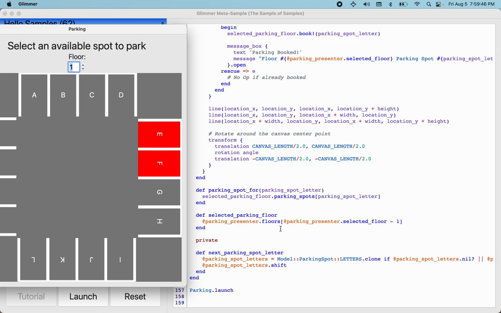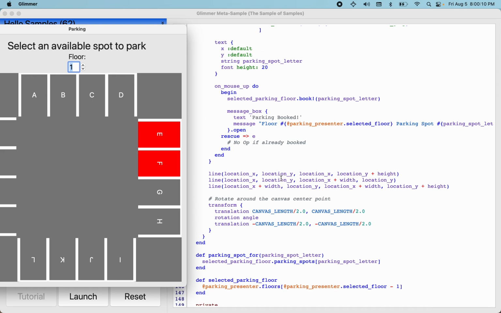Selected parking floor will actually pick the floor based on an index related to the spinner value over here, and it'll select it from the parking presenter. So it'll select the right floor, and then it'll select the right parking spot, and then it'll do the work over here. We got lines around the rectangle, but the key thing now that we're going to focus on is